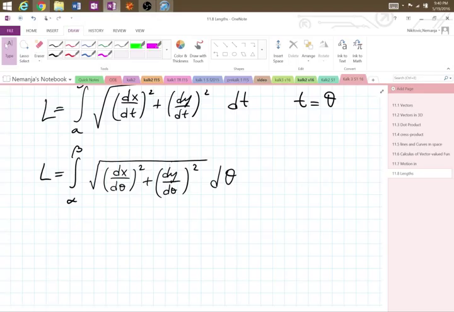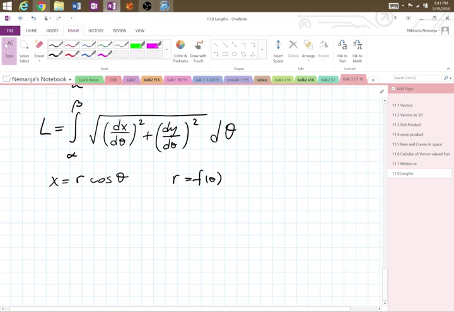Well, we can still simplify this further because we have those equations that we covered in the last section in Calculus 2, how to find the derivative of parametric equations in polar coordinates. So we know that x is equal to r cosine theta, and we also know that r is a function of theta. So to find dx d theta,